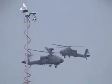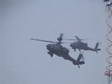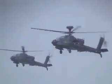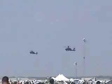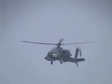In the lead aircraft, the pilot is First Lieutenant Dennis McNamara. He's from Elizabethtown, Kentucky. The radar operator in the front seat, yes, the front seat, the pilot actually sits in the back, is Captain Nathan Schernicke from Corydon, Indiana. In the number 2 aircraft, the pilot is CW3, Chief Warrant Officer 3, Chad Betts from Elizabethtown, Kentucky. And in the front seat,